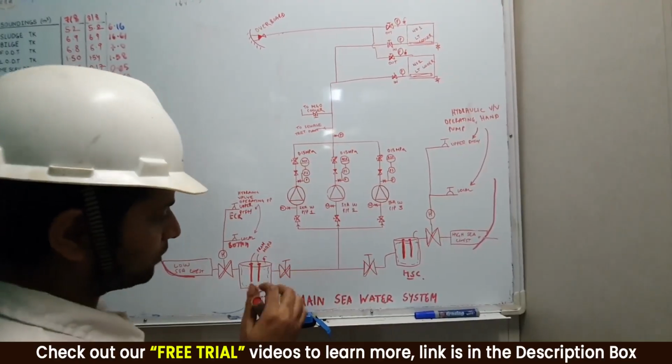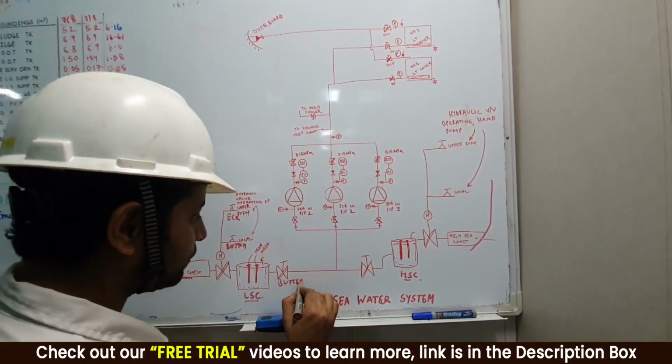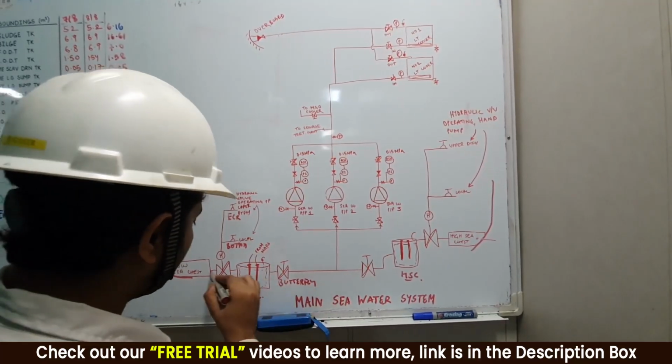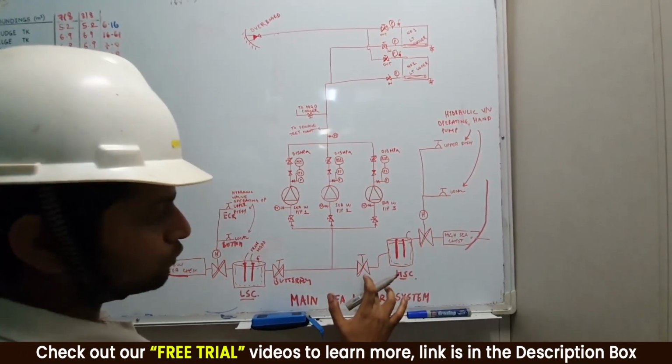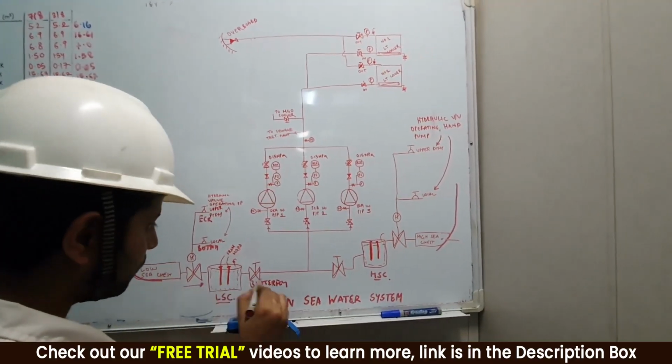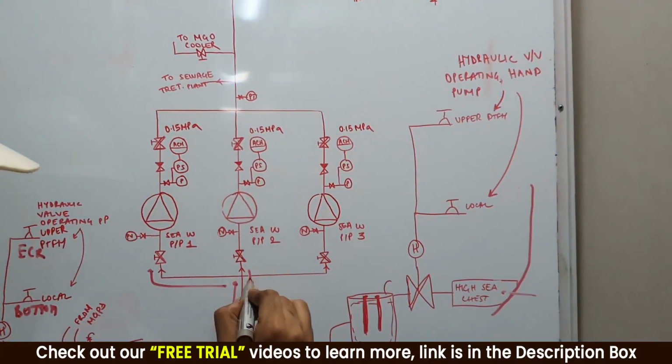This filter makes sure that sediments, marine growth, fishes, anything as such, should not enter the system. Now we open this valve. This is opened manually. It's a butterfly valve, a big butterfly valve. So we open this valve manually, and from here seawater comes in. I am assuming that I am keeping this valve shut and this valve shut. So from over here, water comes in and it is waiting over here, right?